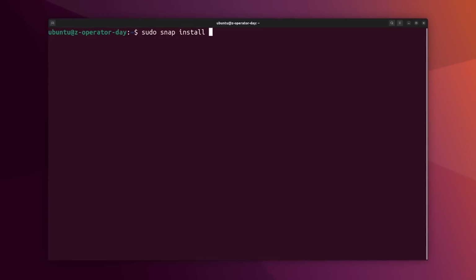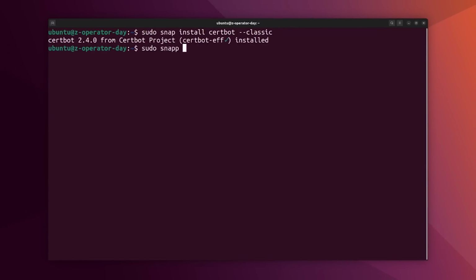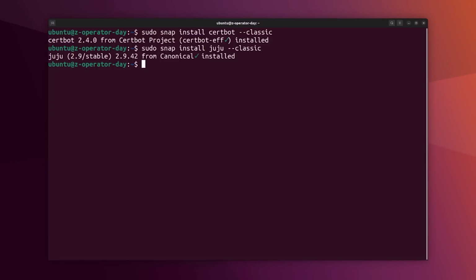Snap install certbot, because our Landscape Scalable deployment is going to need to be accessed over SSL. We'll get an SSL certificate through Let's Encrypt. Next, we'll snap install Juju. And because our virtual machine here is running on Google Public Cloud, the MTU is set to an exotic 1460. So this is a bit of a non-standard step, but if you have a custom MTU configuration, then you'll want to set your LXD containers